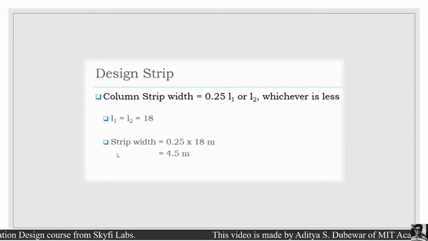So the strip width equals 0.25 into 18 meter, that gives 4.5 meter. For the design of the foundation, we will assume a 4 meter strip width.